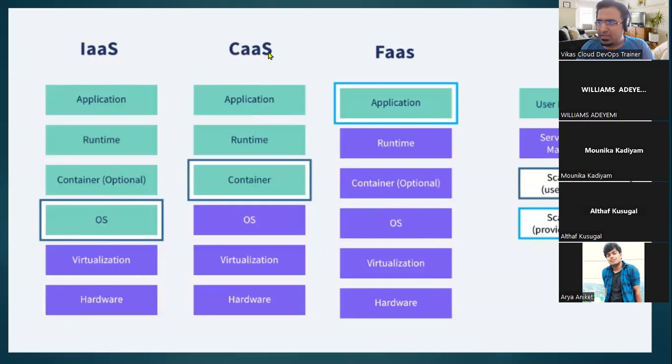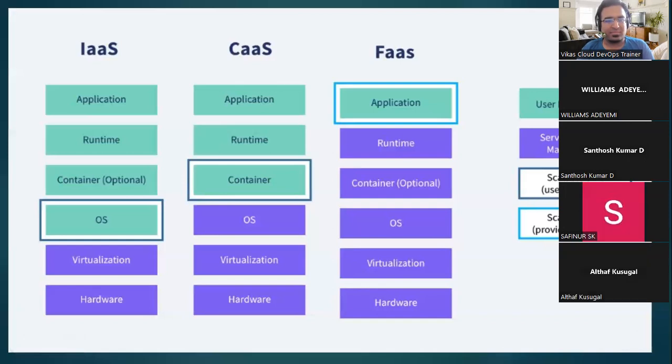When CaaS came into the picture, can anyone tell me what is CaaS? Container as a service. Cool. Can you explain that part a little bit? What exactly is it? We will use any one of the containers, Docker, Kubernetes, like that. Okay, let's keep it very simple. If you want to use the CaaS service, use Docker and Kubernetes. With the help of Docker, develop the container. With the help of Kubernetes, manage the container.